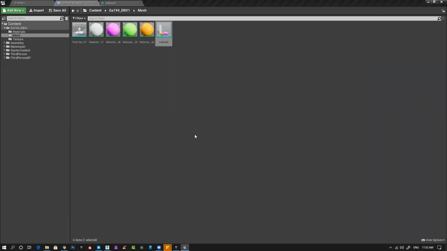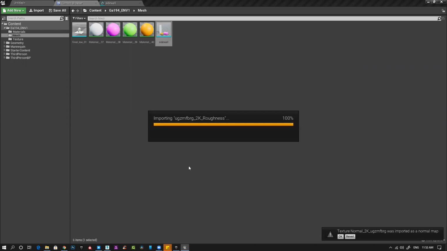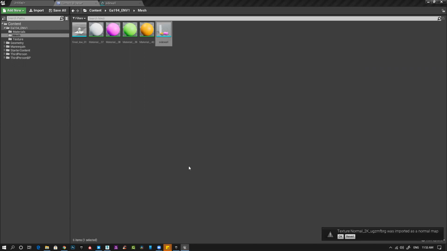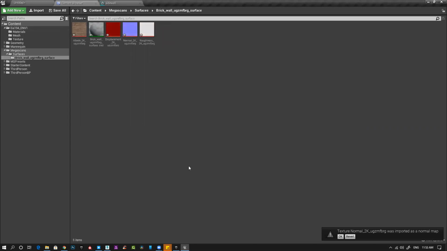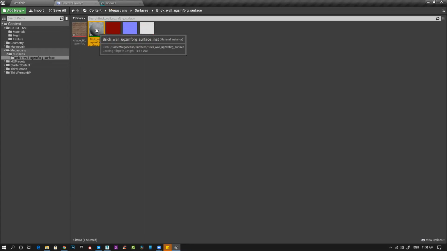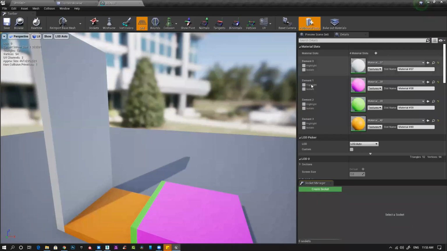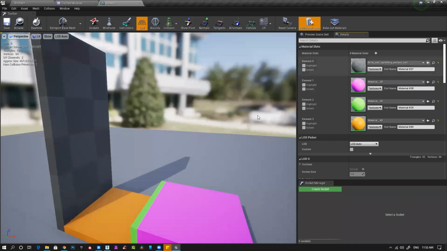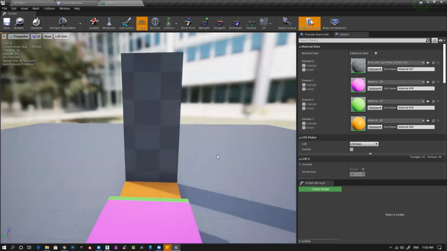It will come back here. It will automatically start importing everything. By default, all the maps available in Megascans are tileable. So select this and this wall, apply this one here.